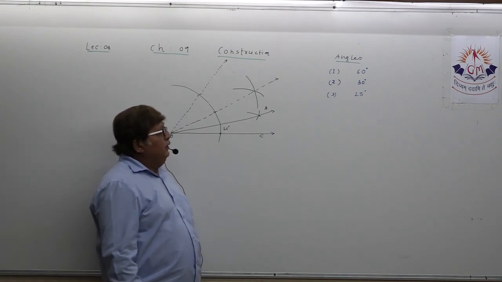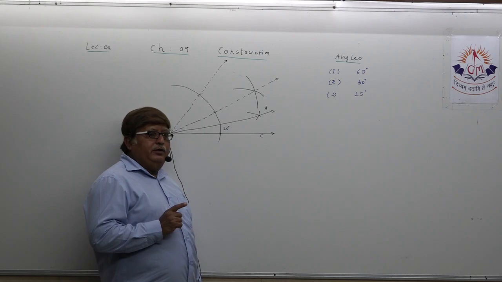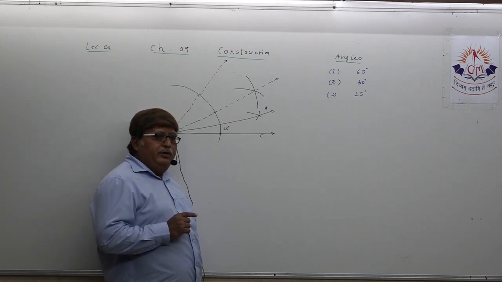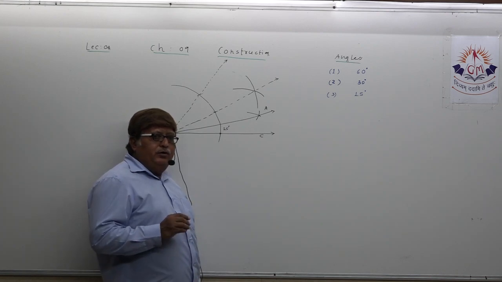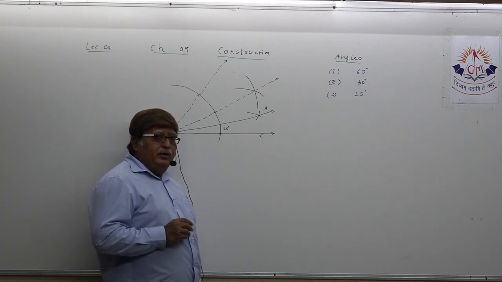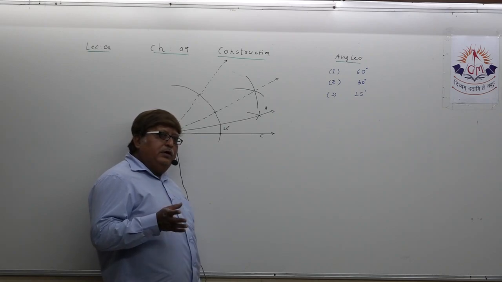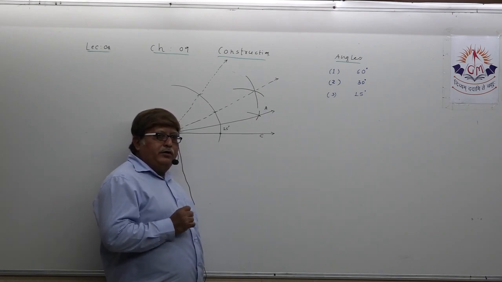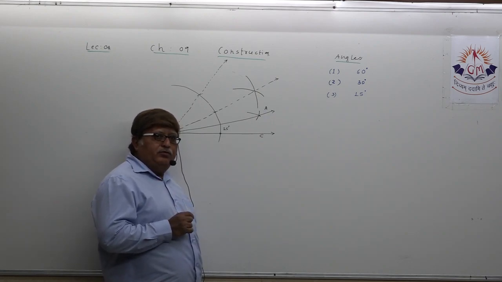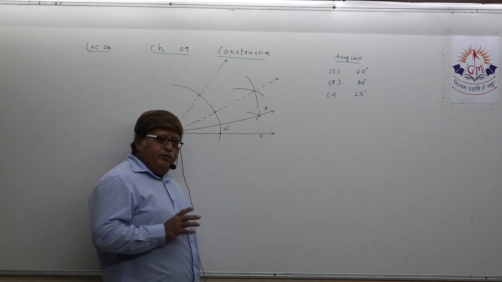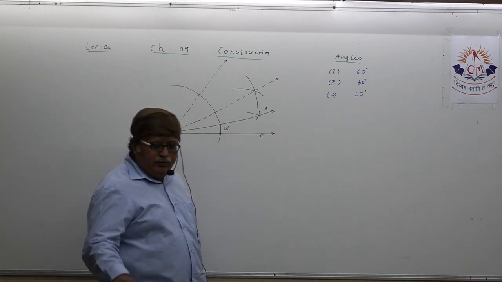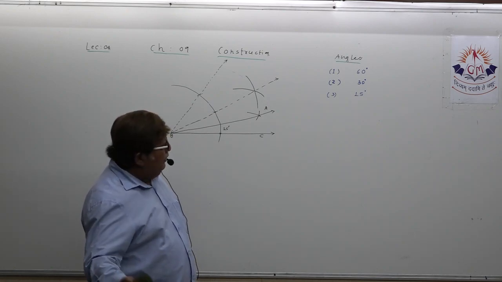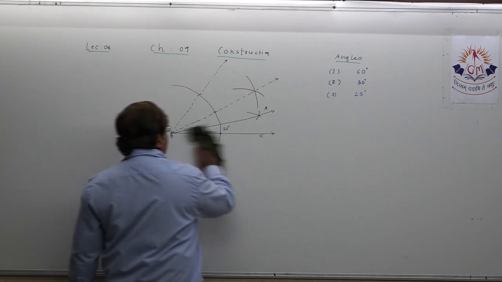Now, after constructing angle of 60 degree, 30 degree, 15 degree, learn the basics. You do not have to utilize protractor, and you want to construct any angle. The basic is you should start by constructing an angle of 60 degree. That's the basic. From 60 degree only you can move ahead, okay? So three angles you already learned, 60, 30 and 15.